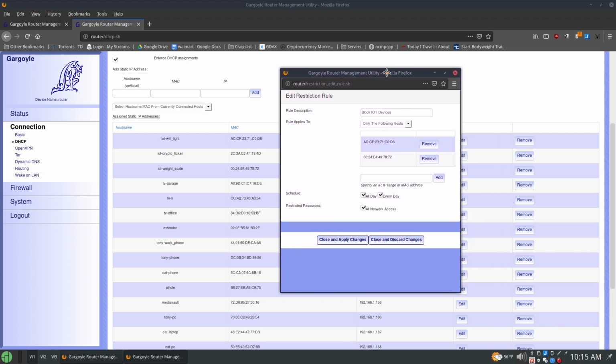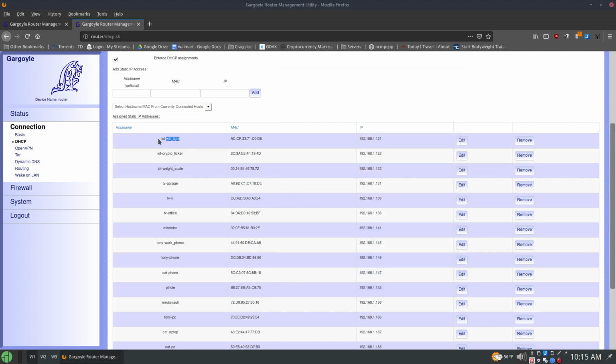It's not a problem. But these other things, I know you're saying, well, if it's an IoT device, it needs access to the internet, but really it doesn't. Like this Wi-Fi light, it's still on the network. I can still control it. I can still turn it on and off locally. It doesn't need to be able to connect to the internet to do that. And yeah, you won't be able to turn it off when you're away from home,